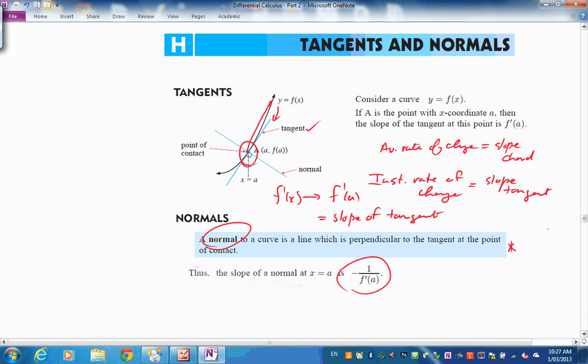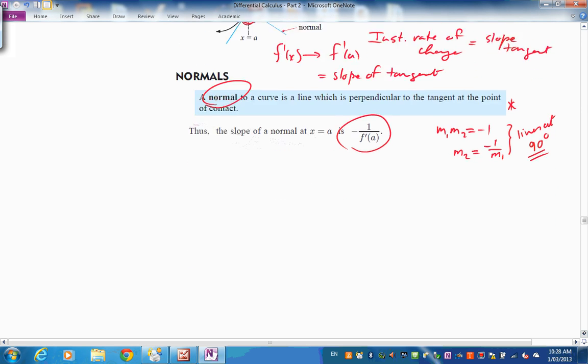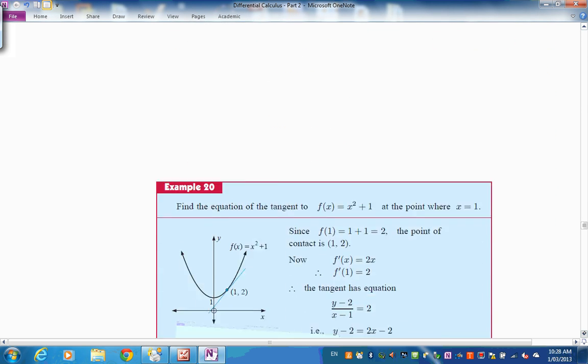The normal perpendicular to another line has a product of its slopes equal to neg 1 between the lines, so m2 is minus the reciprocal of m1. They are the definitions for the slopes of lines at 90 degrees. And the normal is defined as a line perpendicular to the curve and to the tangent, therefore at a particular point. So remember that. Alright, so let's go down and see if we can use our derivative to actually find